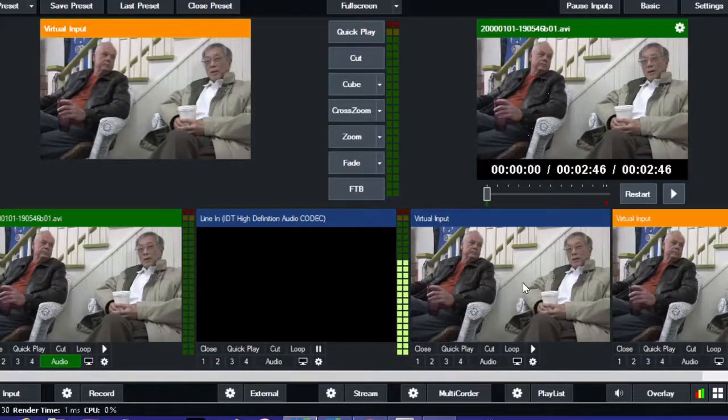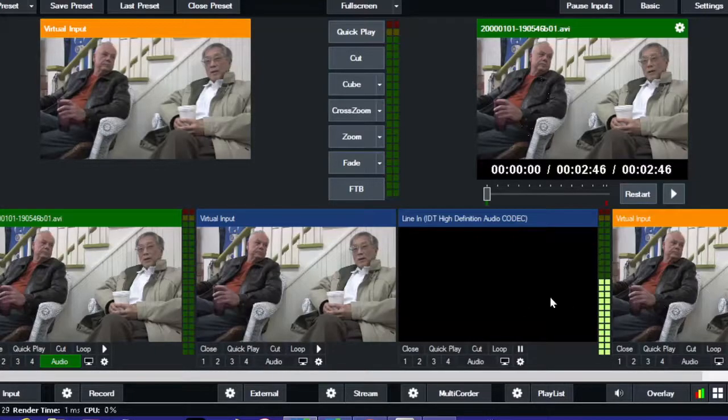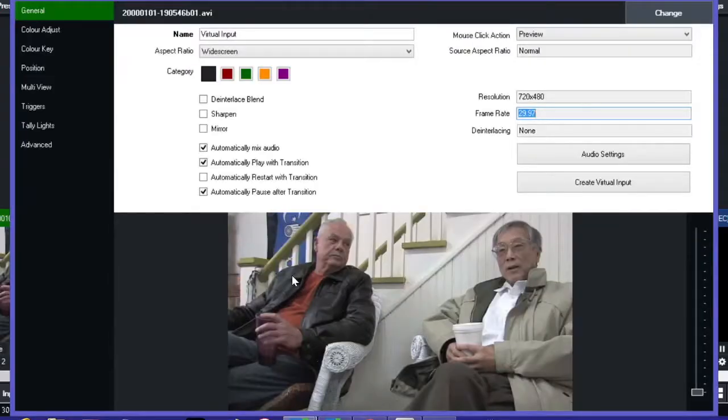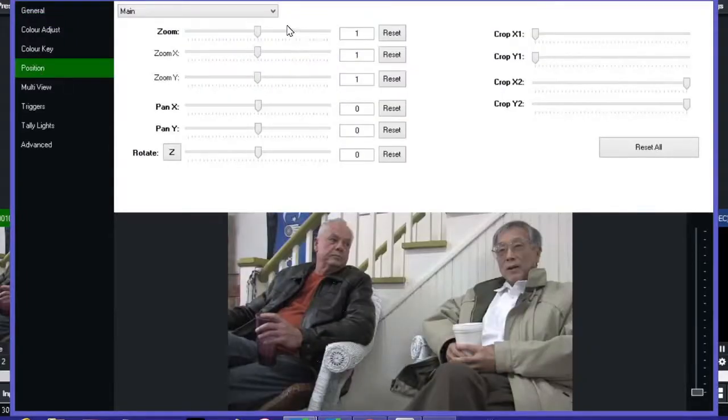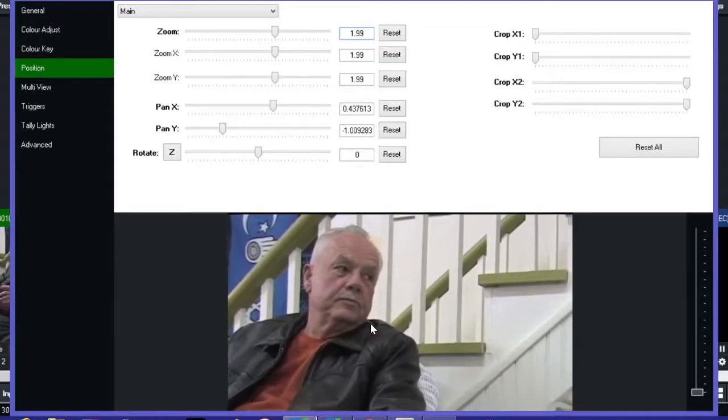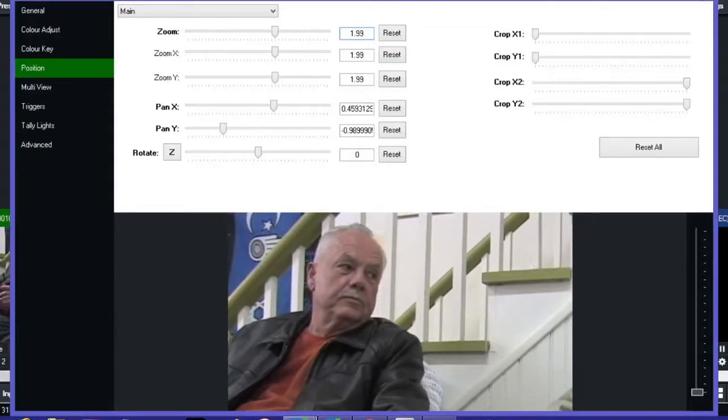And we can move these inputs just by holding down the mouse key and moving them over. And now we've got three inputs, the original and two virtual inputs. Now we're going to double click on the virtual input, and we're going to zoom for guest one or talent one to make that a separate shot.